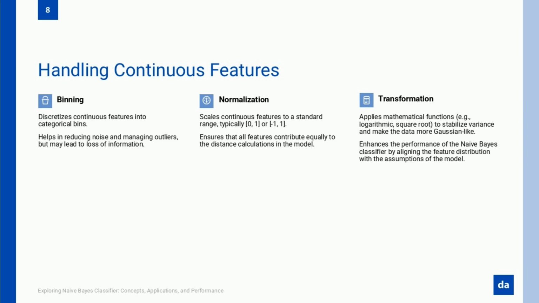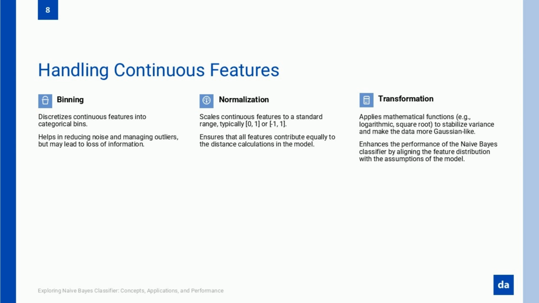the model. As we move forward, it's worth considering how these pre-processing steps interact with the assumptions of naive Bayes and its different variants. The way continuous features are handled can dramatically affect the classifier's performance and its ability to extract meaningful patterns. Let's see how these approaches come to life in real-world applications, bridging the gap between raw data